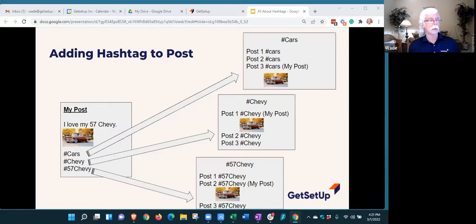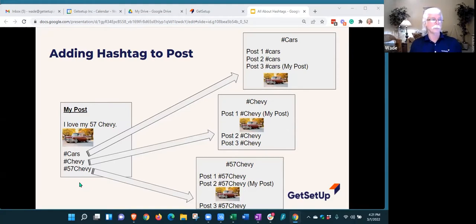Yeah. In fact, for businesses, one thing that is considered a best practice is to have a hashtag that is your hashtag. For instance, if you look at anything GetSetUp posts, they're going to have hashtag GetSetUp in every single post. So it's called your brand hashtag.